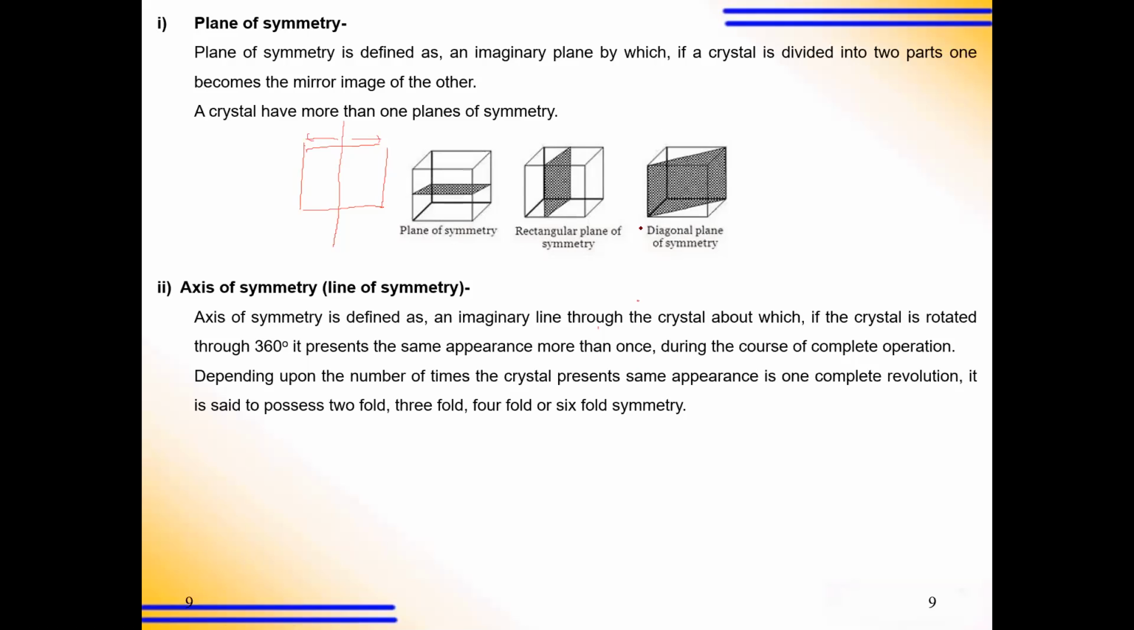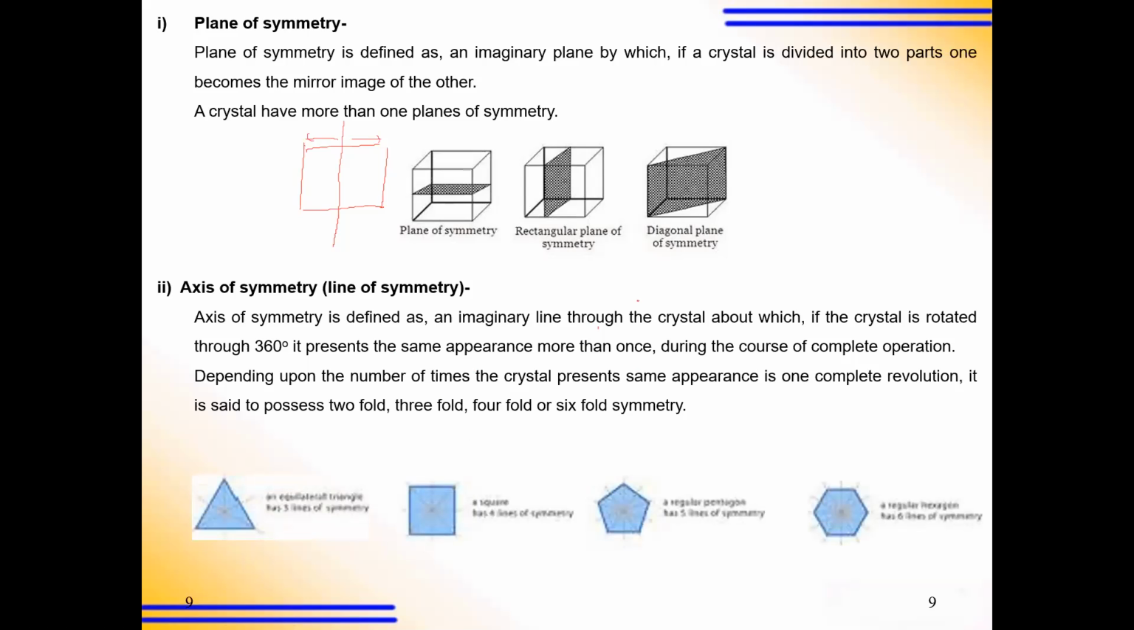Suppose if a line is drawn here, for example, the line is drawn here, just see, right? So this is the one crystal, and in this crystal an imaginary line is drawn, and we rotate the crystal along this axis. This is an axis, this is the line. So due to this rotation, it divides the crystal into two equal parts, and when it rotates,